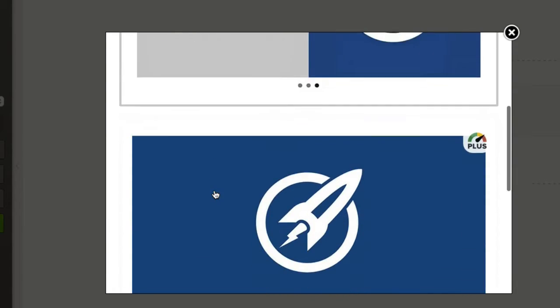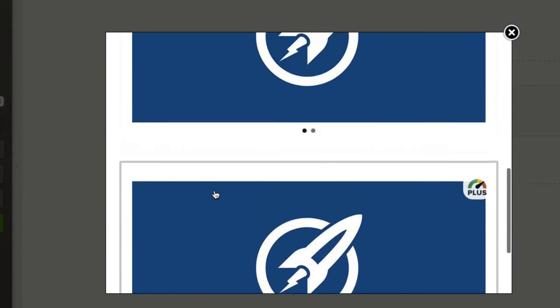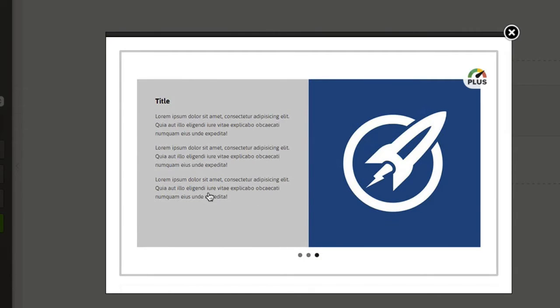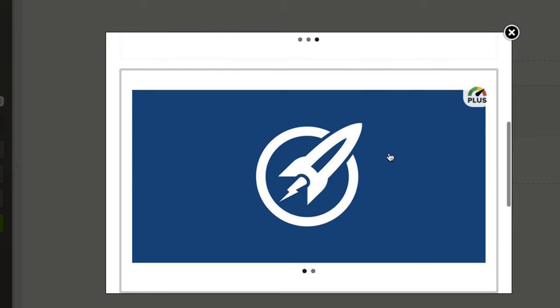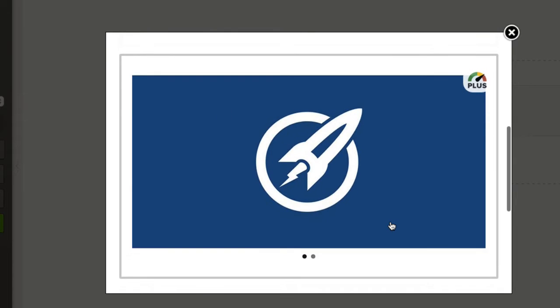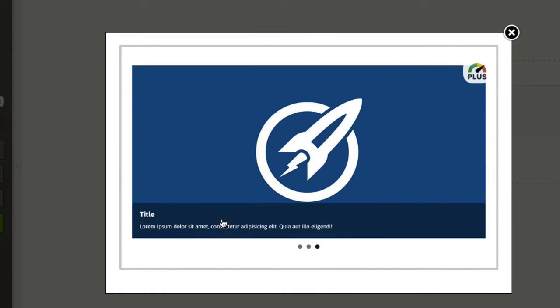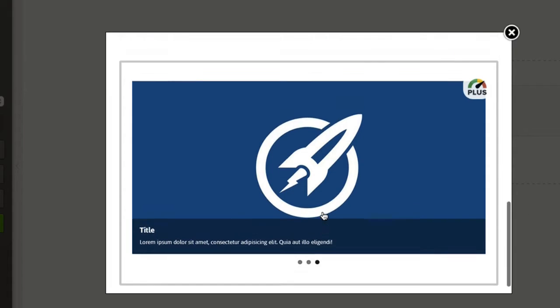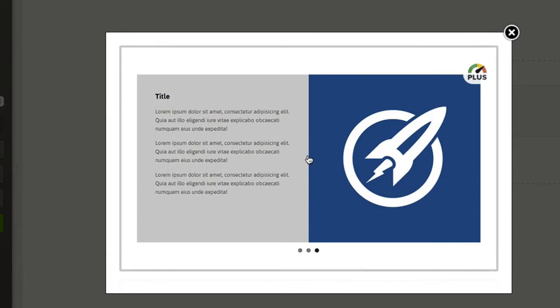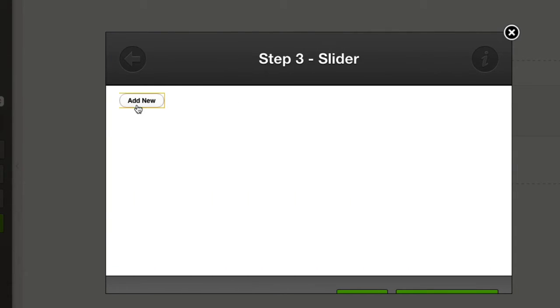And we have three different styles that you can choose from. We've got the navigation across the bottom here, with text on the left, image on the right. We then have a full screen image slider, and then we also have the image slider with some text overlaid on the bottom area. So if we choose this first one here, I'm going to choose add a new image,